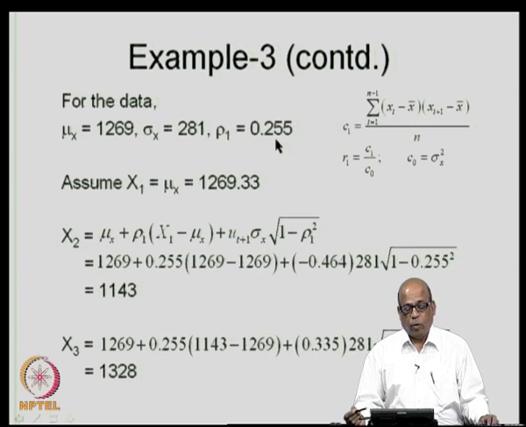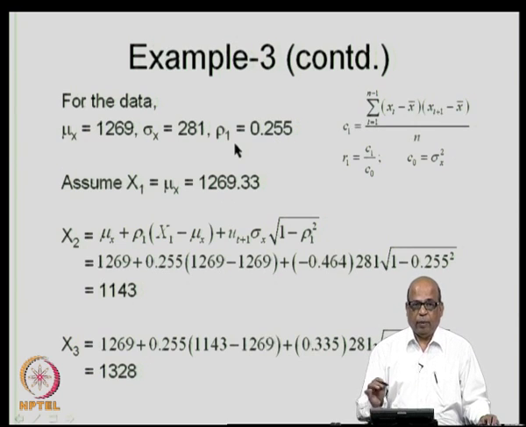So, to use the Markov model, all you need is these 3 parameters, that is mu, standard deviation and the lag 1 correlation. Once you estimate this, you completely forget about the data. All the information content that is necessary for you to use the first order stationary Markov process is all available here.